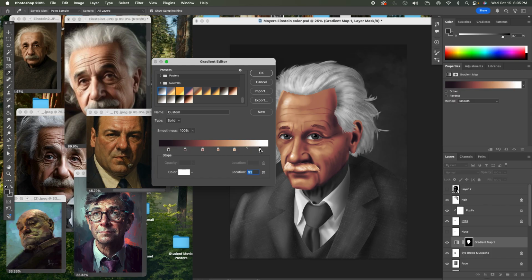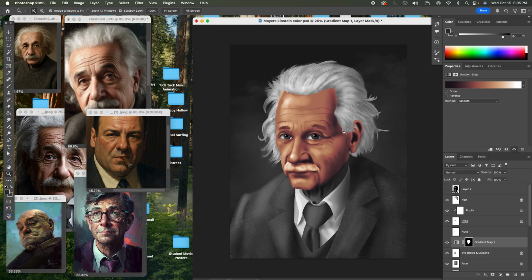Okay, and it's so fast. It's so effective. It's a great way to color things effectively, quickly, but you gotta work with it a little bit, like I did. Okay, and so anyway, we're gonna do the hair next because the hair needs to be